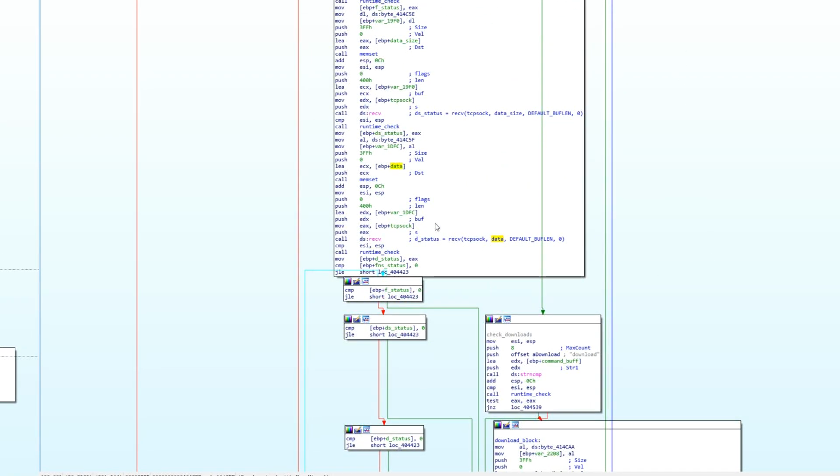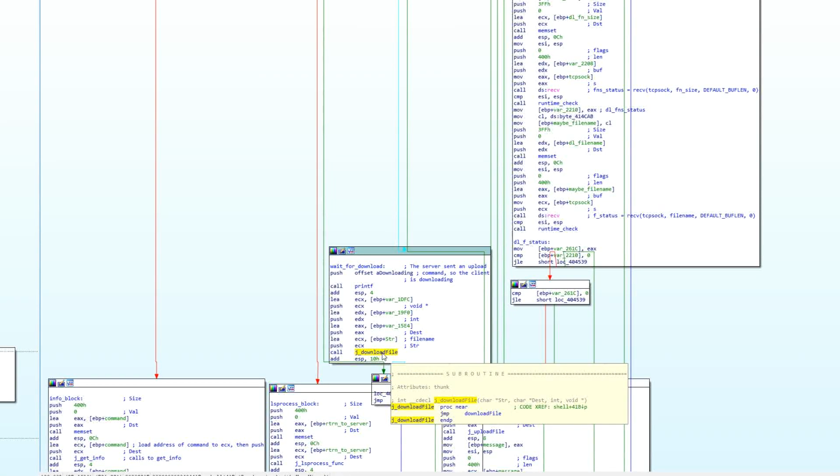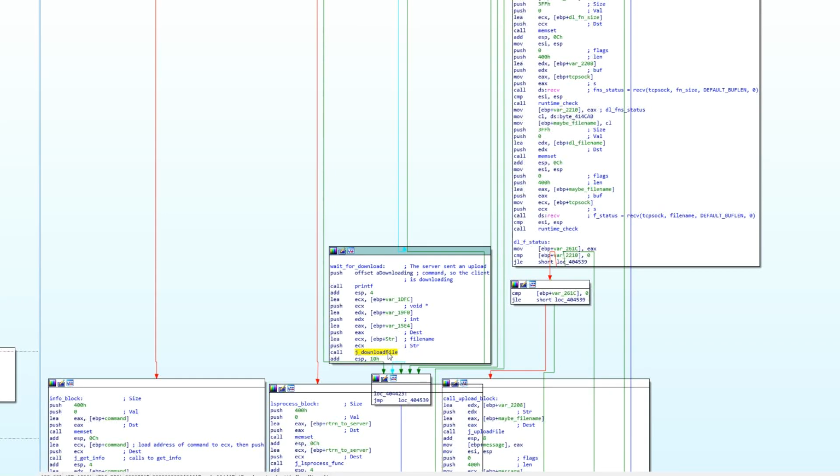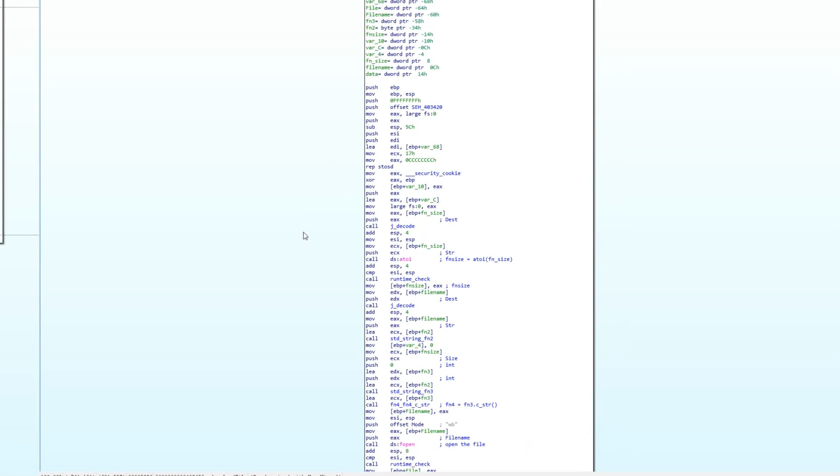And if every status code is okay, we check first the FN size status, then the file name status, then the data size status, and then the data status. If everything turns out okay, we enter the waiting for download block, and then after setting up the arguments, file name, we jump into download file. And then in download file, we decode the FN size, we decode the file name,